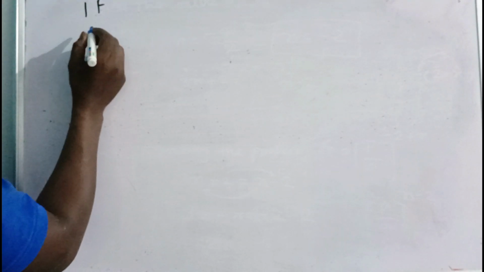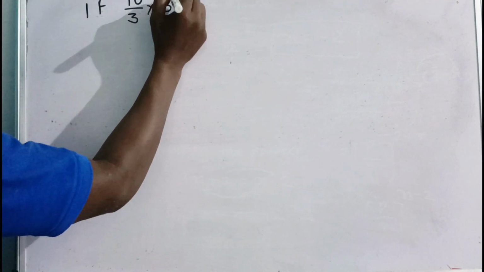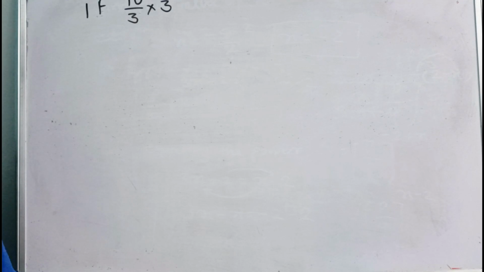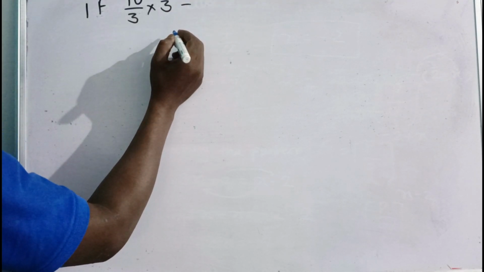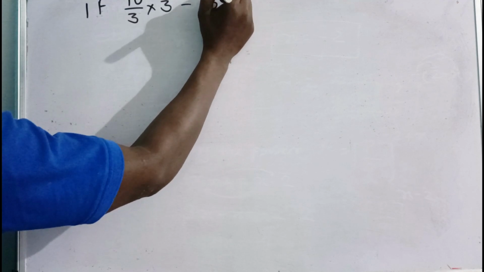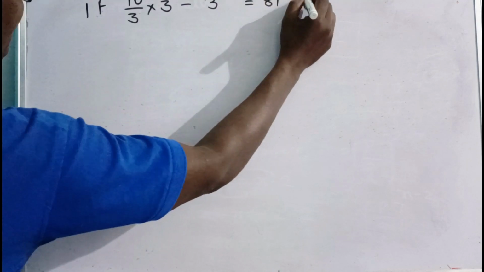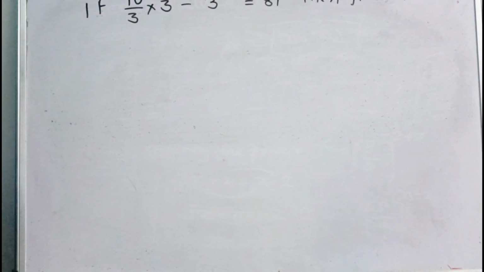Take on the next problem. If 10 by 3 into 3 raised to the power x minus 3 raised to the power x minus 1 is equal to 81, then find x. Very interesting problem. Now